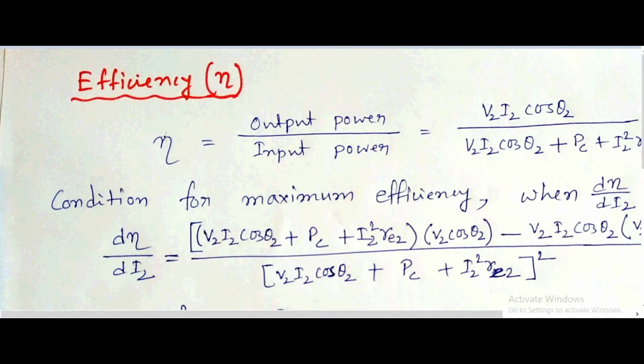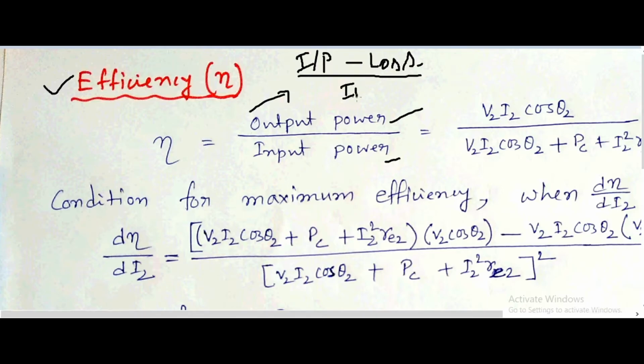Efficiency is output power divided by input power. That is the efficiency. Or we can write input power as input minus losses. This can also be written as input minus all losses, divided by input power. This efficiency we can also write as output